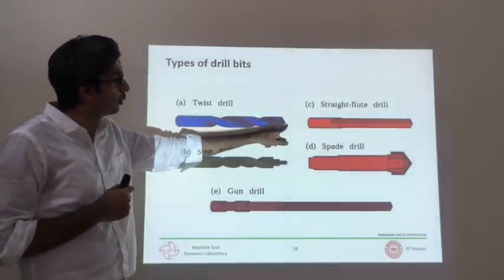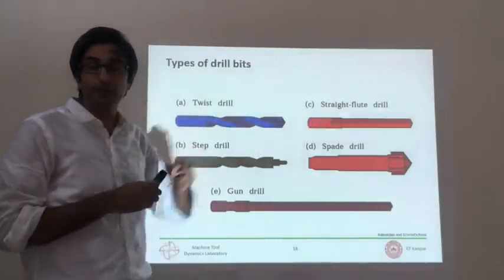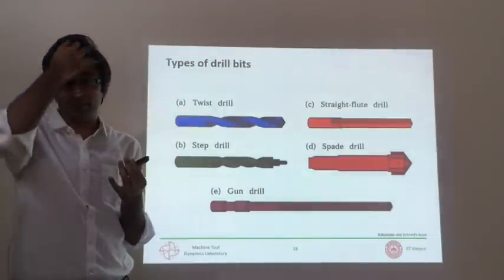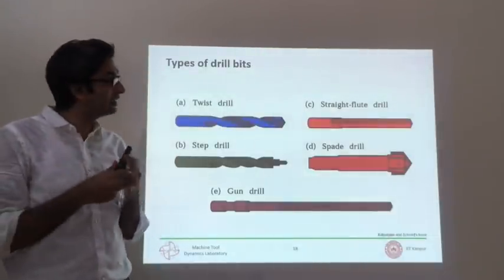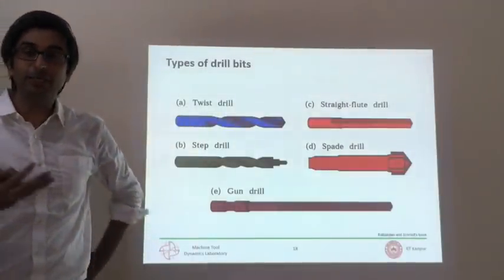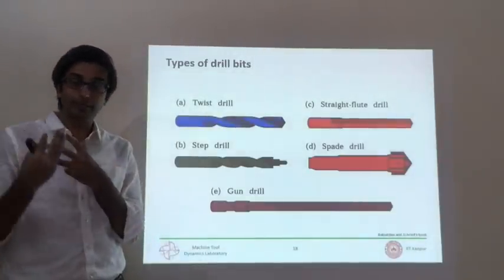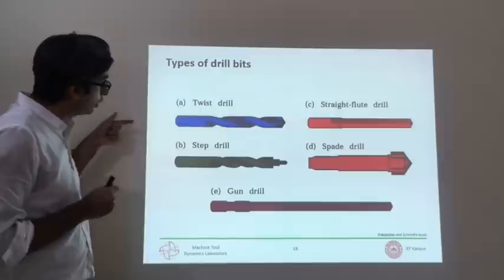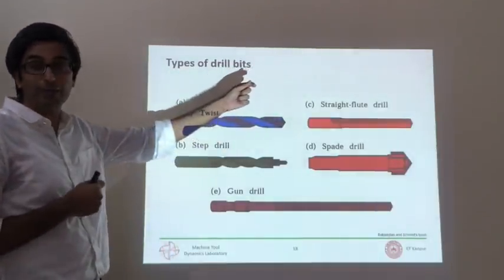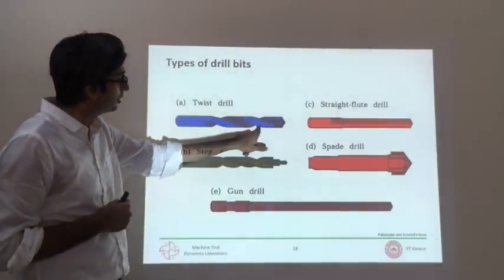And because it is cutting only at the bottom, and because this is going inside a hole, you have to have some mechanism of chip evacuation. Right? If you remember, I have said this several times. All these are subtractive processes. That means you are removing, shearing away material in every rotation that you are cutting. That material has to go out somewhere. And because you are going inside a hole, the only way to evacuate that material that you cut away is through these channels or grooves that come out.